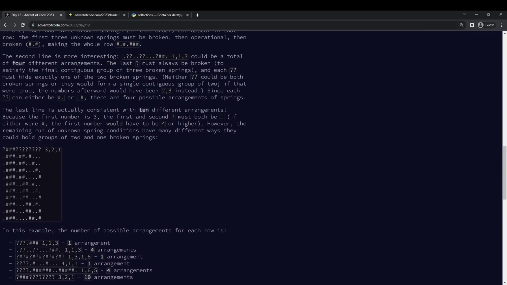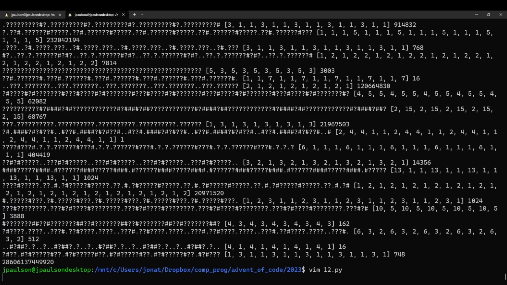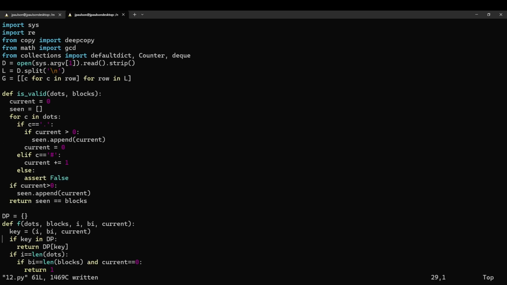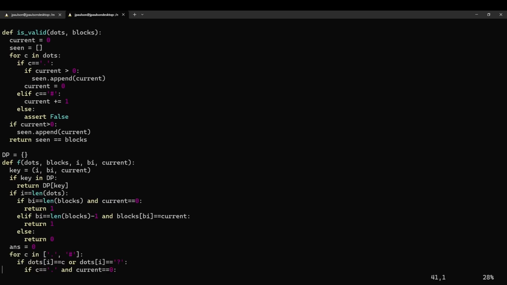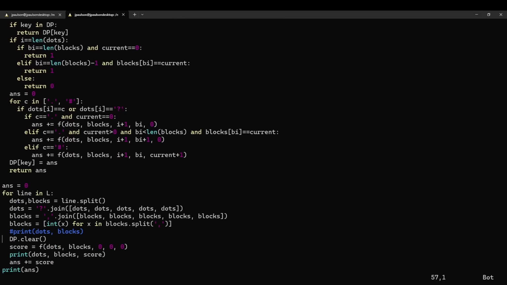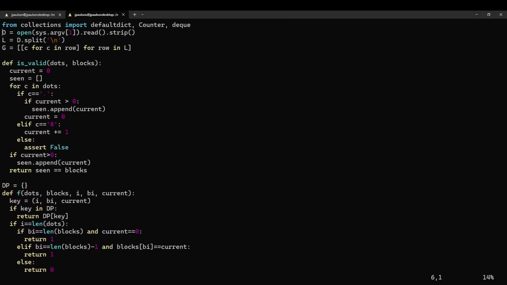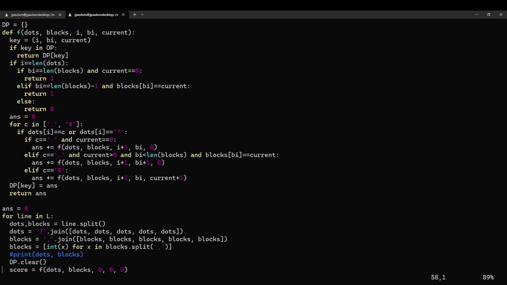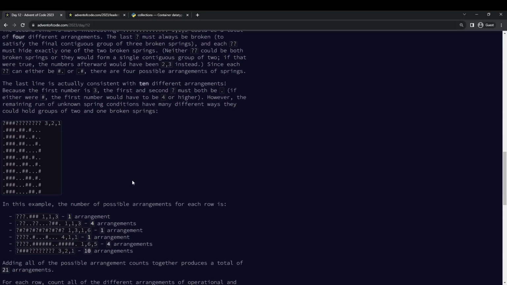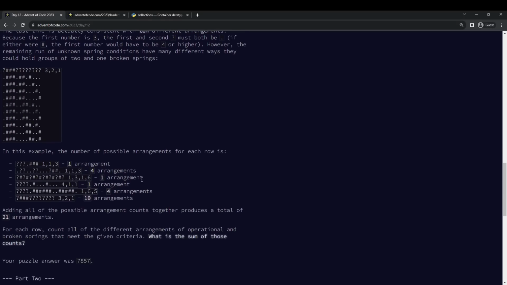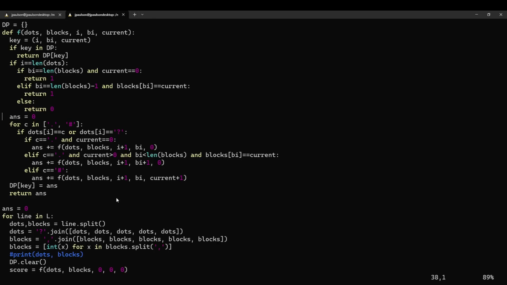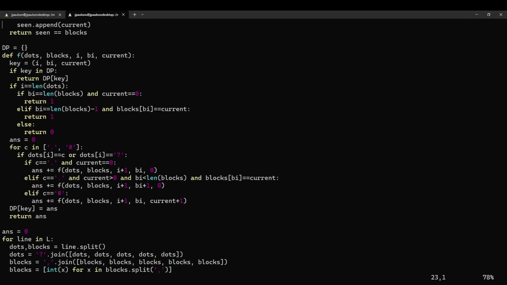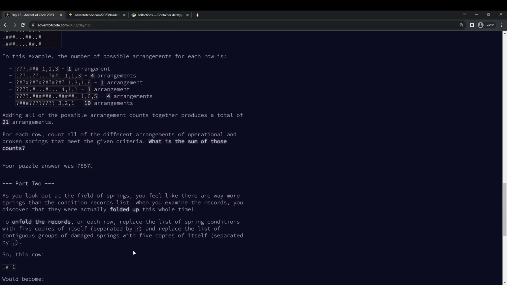So that's part 1. And so I solved this using brute force for part 1 and dynamic programming for part 2. So let me, I guess, explain what I mean. I guess I deleted my brute force, but this is basically brute force if you take out the DP table. Okay, sorry. So what do I mean? So